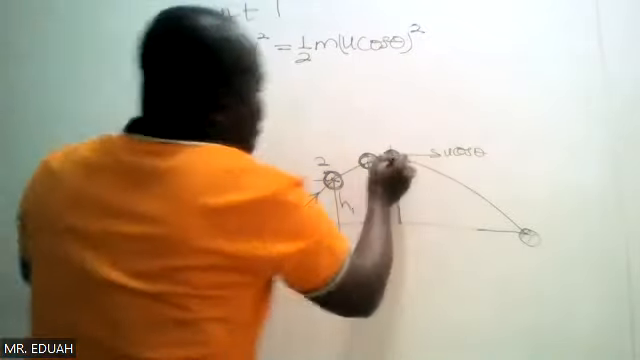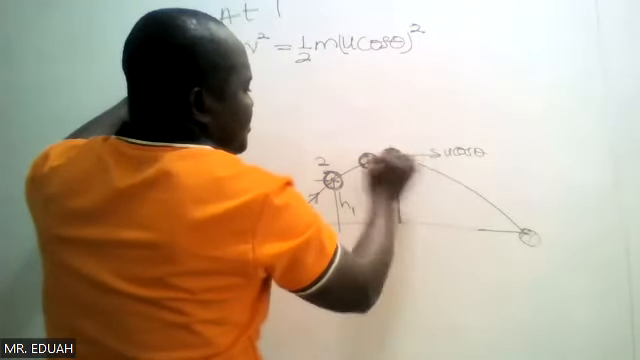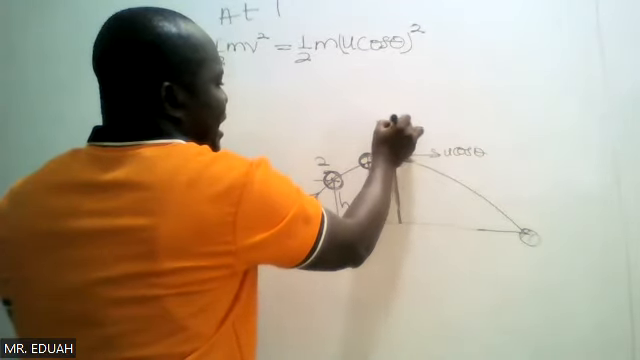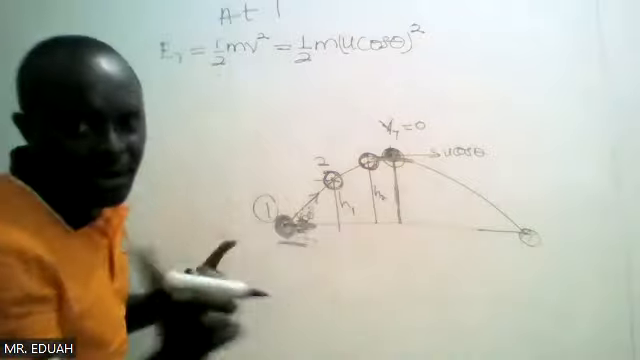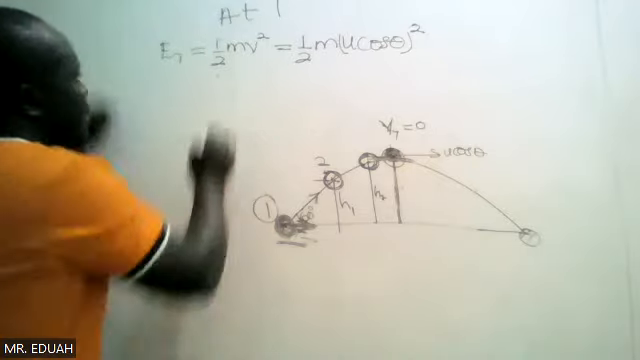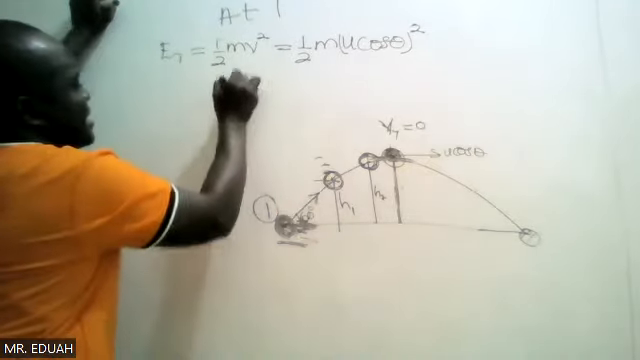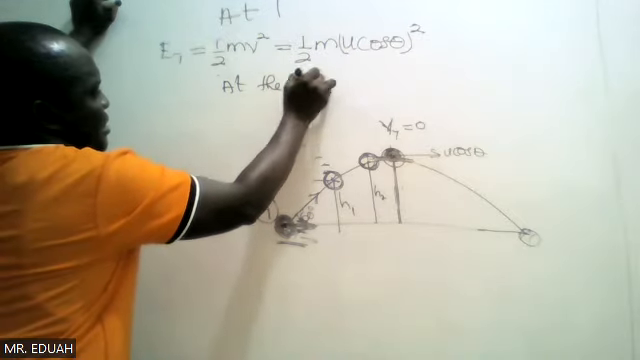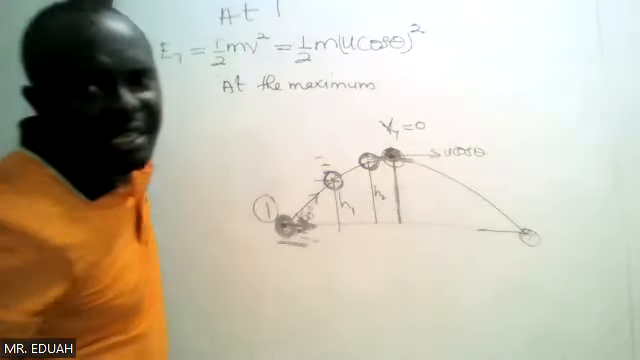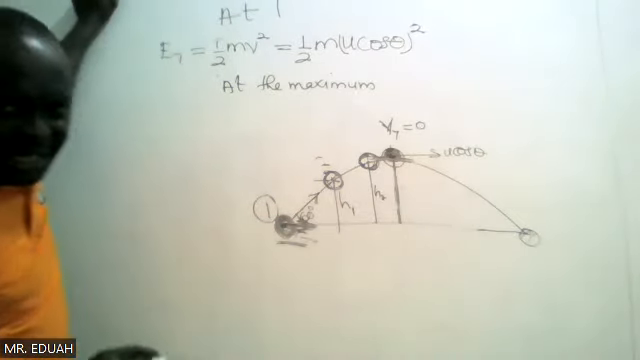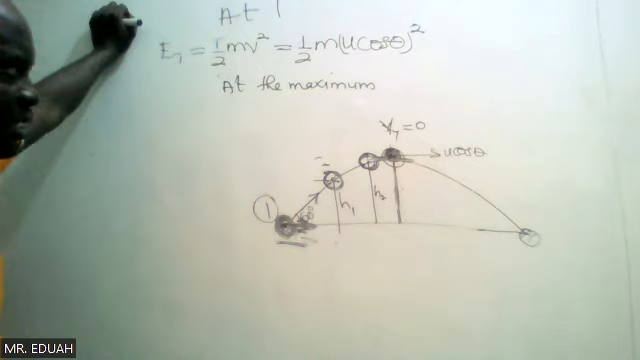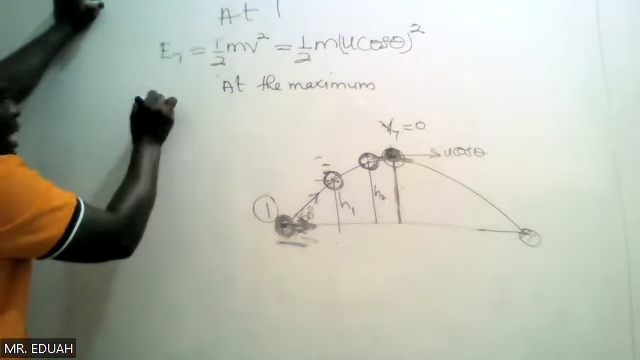Now let's look at when the body is at the maximum height. At the maximum height, Vy is equal to 0. So we are considering 2 points, this point and then this point. So at 2, or at the maximum height, the body will possess kinetic energy, because there is some horizontal velocity acting on the body. So the total energy there